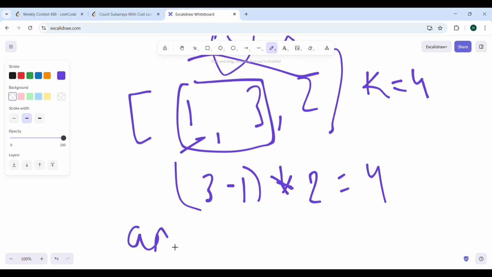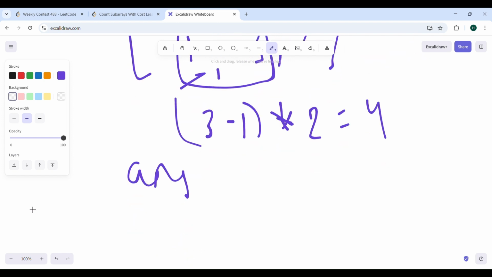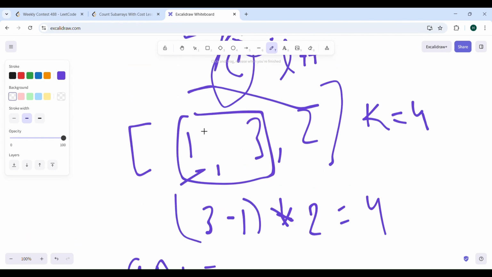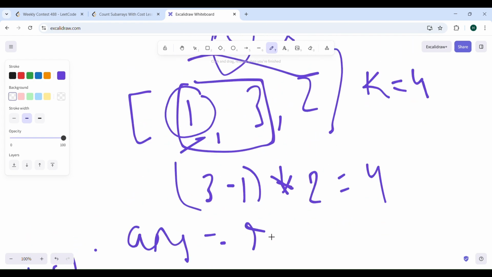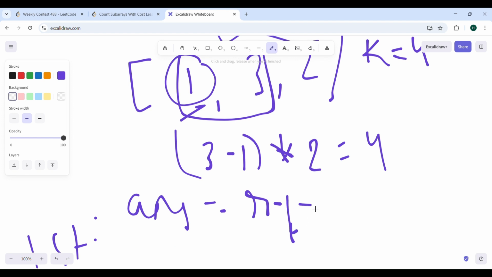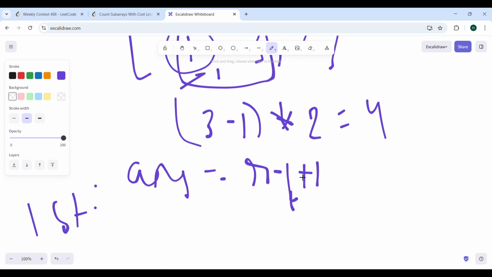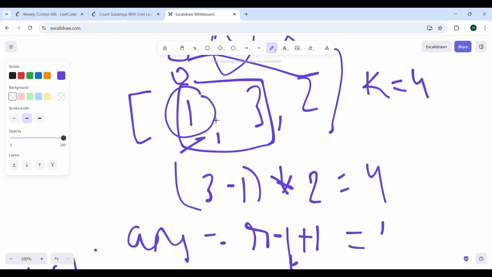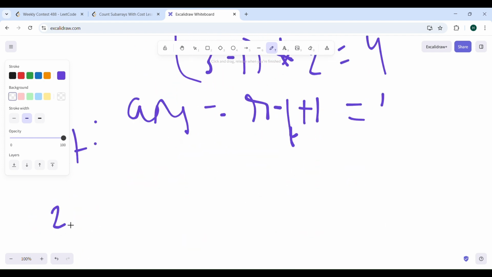Let's look at how the answer changes. In the first step, for 1, the answer is r minus l plus 1, right? r will be 0, l will be 0, so 0 minus 0 plus 1, which is 1, right? You will move this pointer to this point. Now r is here, l is here, right? Now how much answer will be added? In the second step, answer will be r, which is 1, minus 0 plus 1, which is 2, means now